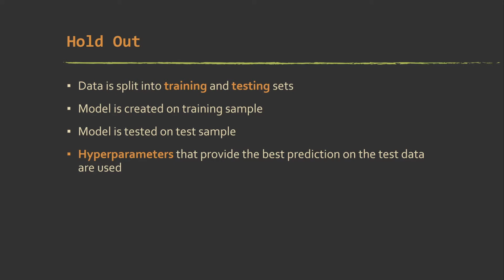Okay, so the first option is to just create a holdout set. So this is your standard where you have a data split of training samples and a holdout of testing or validation samples that you're comparing the model performance against. So effectively, you create the model using the training data and assess it using the test data. And then the best hyperparameters are going to be the ones that provide the best performance on the test data or generalize the best to the test data.